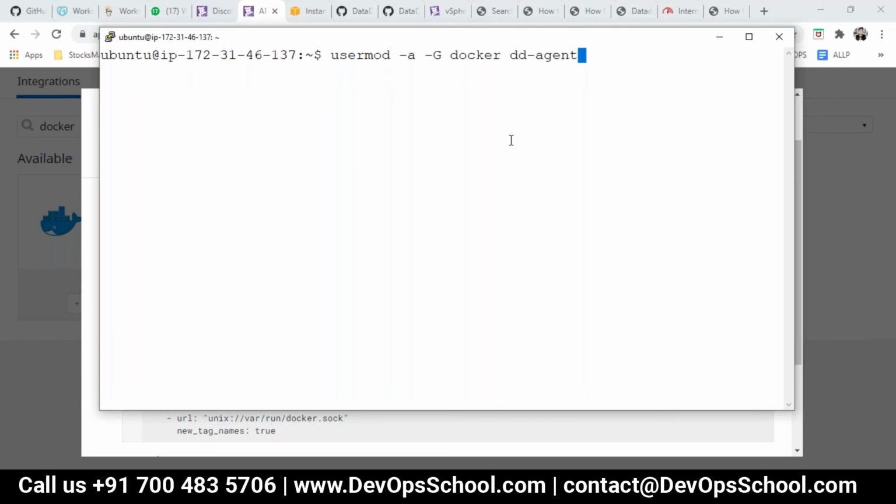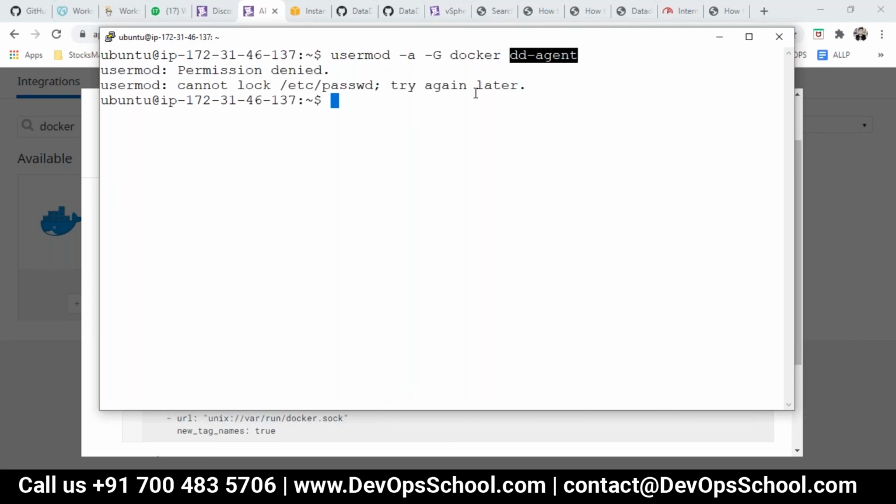So as I said, only two users can access the container: root, and a user who is part of the group called docker. Are you getting my points? Yes. So that's the reason you are adding this user to a group called docker. Now dd-agent can also access your container and monitor it. So you have to do that also. I just did it.